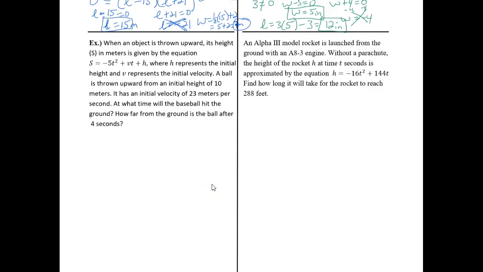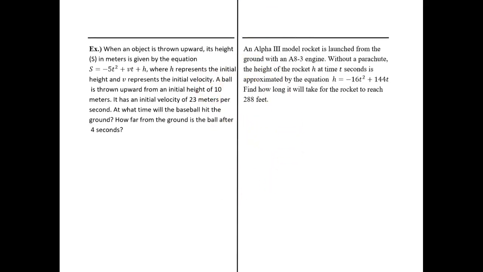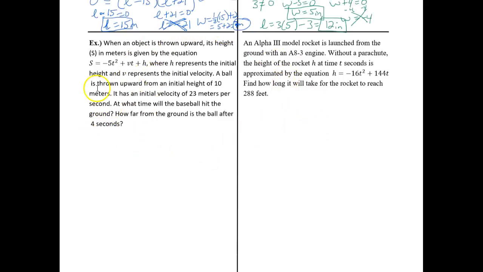In this video, we are continuing on with application problems of polynomial equations, and this next type is about projectile objects, whether it's a baseball going up or a rocket going up, anything that can be described in a projectile motion. So here on the left, it says when an object is thrown upward, its height s in meters is given by the equation s equals -5t squared plus vt plus h, where h represents the initial height and v